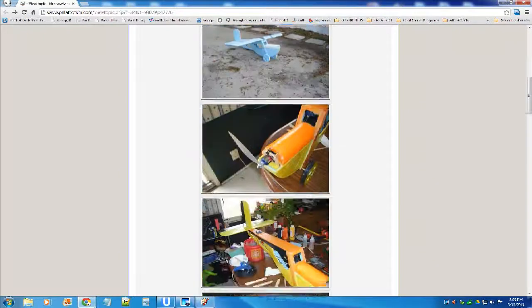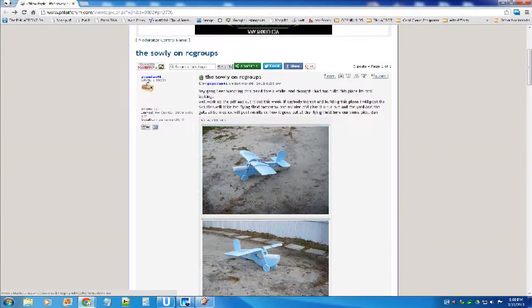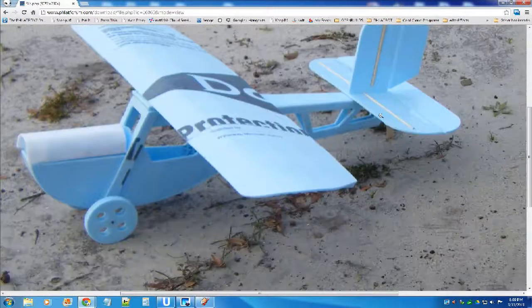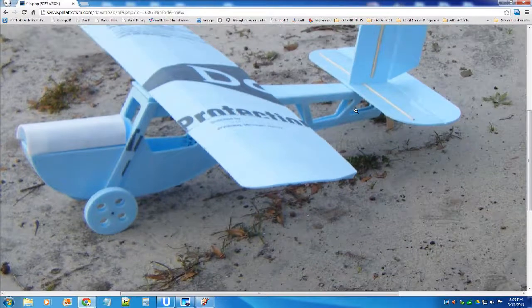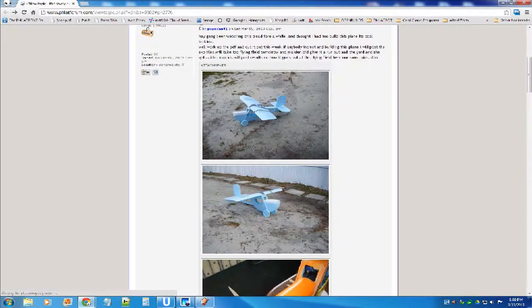What I was saying was, this is the post that Dan put up there. It looks awesome, and I like the fact that it's unpainted. I really like the look of it being unpainted, and you can see he has the bamboo skewers in here. Just by studying these pictures, like this brace here, which threw me off for a little while,